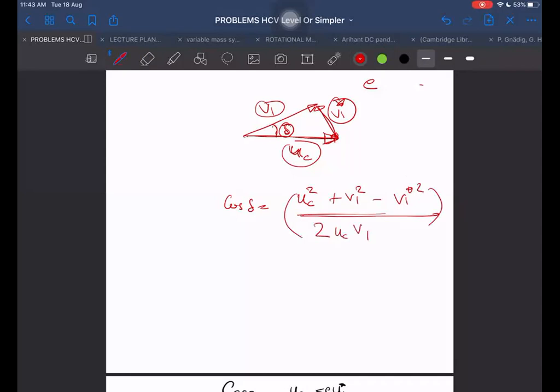So if they have given what is the final speed and they are asking to find out the angle of deviation, we can get it so easily. For which cases we can get easily? For the cases when the target one was at rest. So this case is a really important and simple case. We can find out the angle of deviation so easily just by knowing what is the final speed.